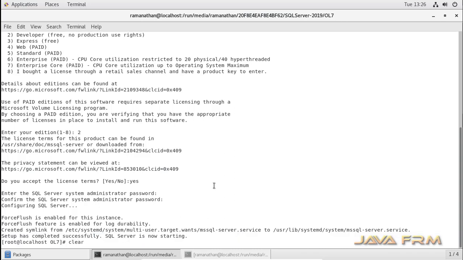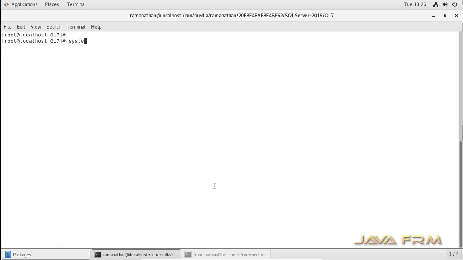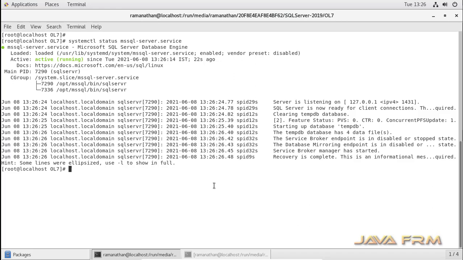Using the systemctl command you can check whether the SQL Server service is started or not. This is the command: systemctl status mssql-server.service. Yes. So 1433 and 1434 are the ports SQL Server uses by default.